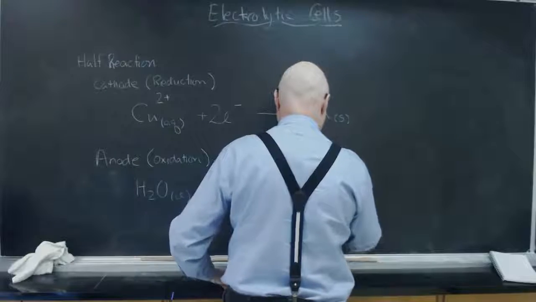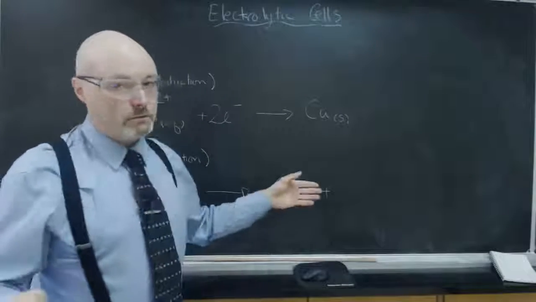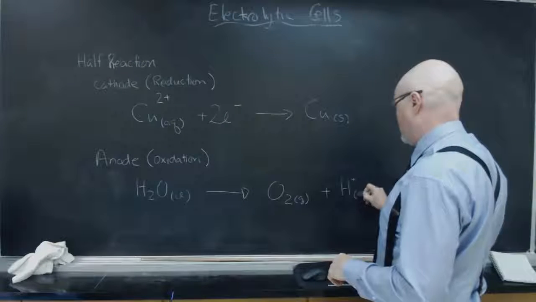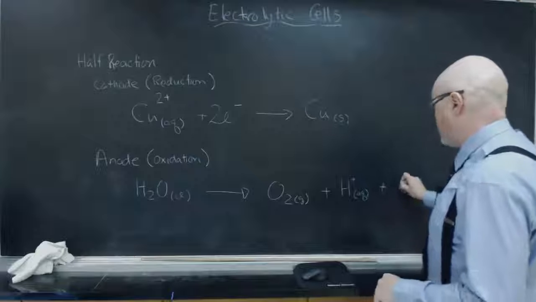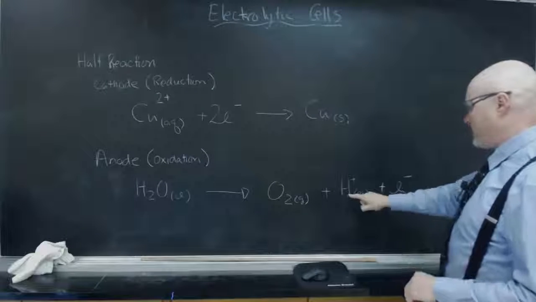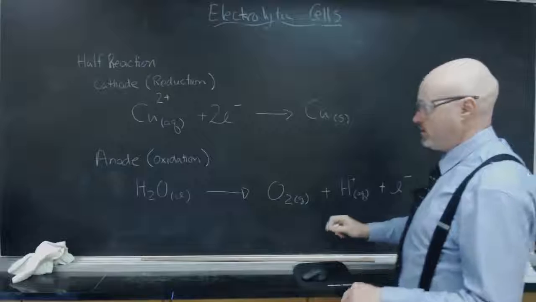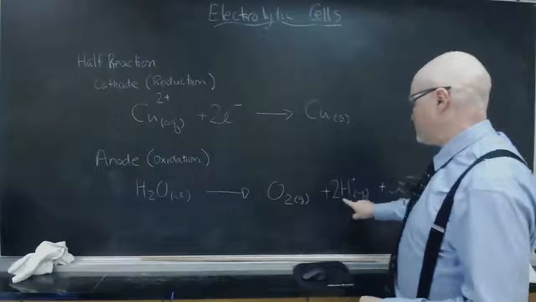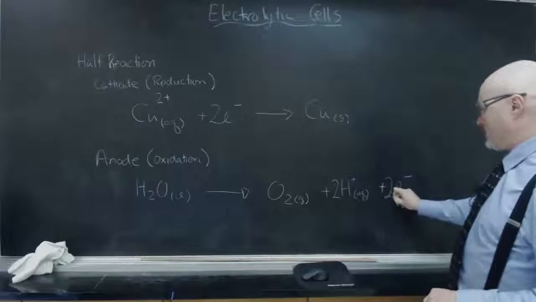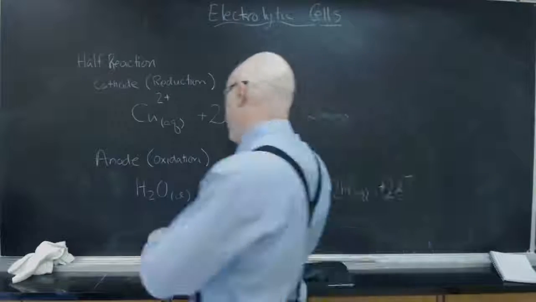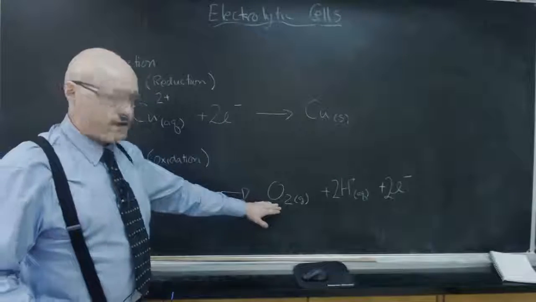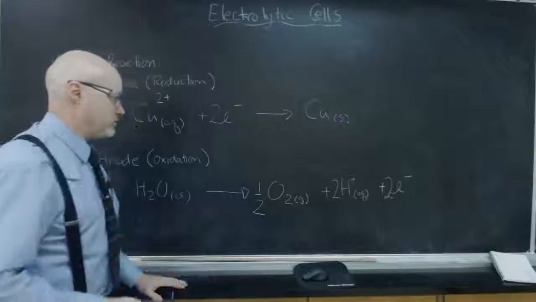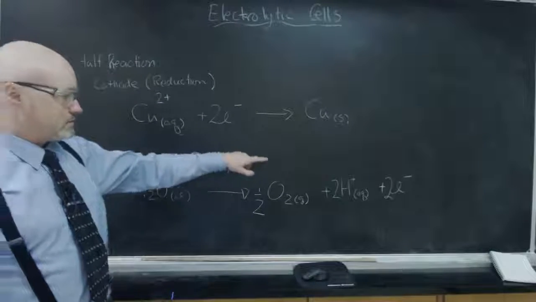And the second thing that we should be seeing is that we will get hydrogen ions formed. And there's going to be an electron coming off this hydrogen ion. Now, notice I have to balance this equation. So I've got 2 hydrogens, which is going to give me 2 hydrogen ions, and it's going to give me 2 electrons. I only have 1 oxygen, and I have an O2 over here. I'm going to fix that just by adding a 1/2 in front of my O2,